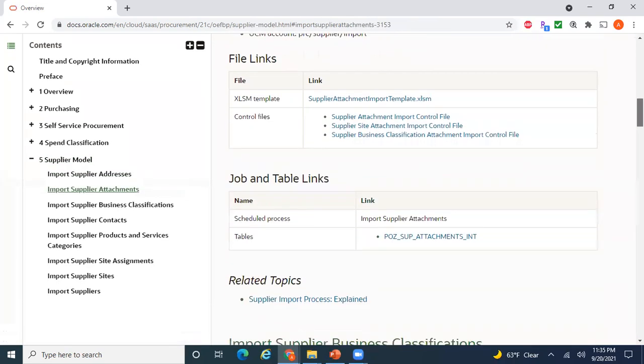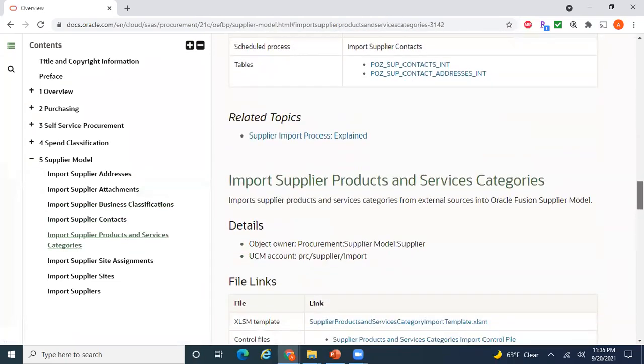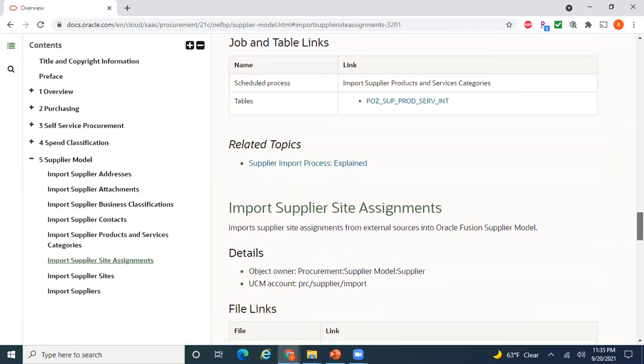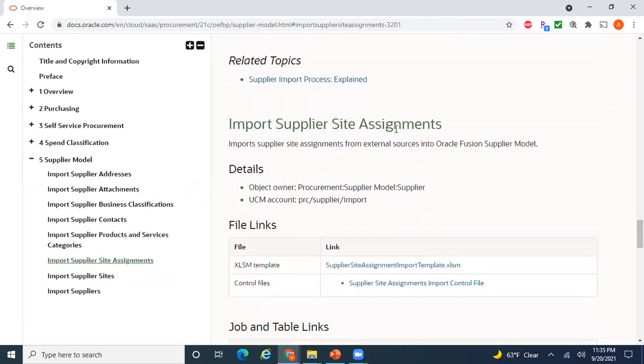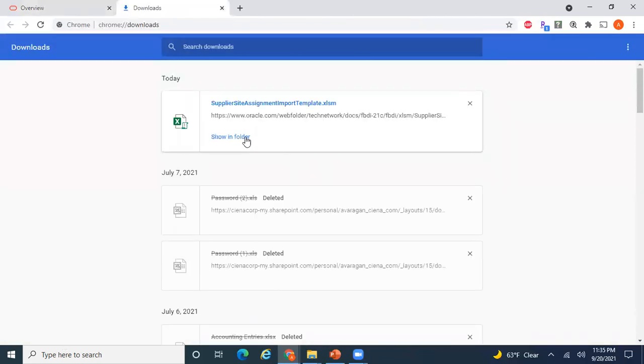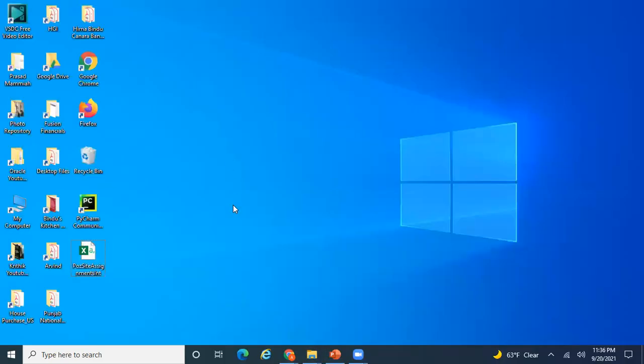This is supplier attachment, supplier business classification, contacts. Okay, supplier products and services. Yeah, supplier site assignments. So download this template. Let me copy this template to my desktop.